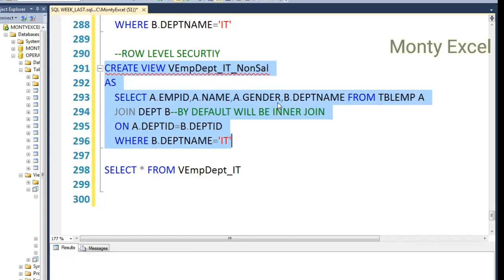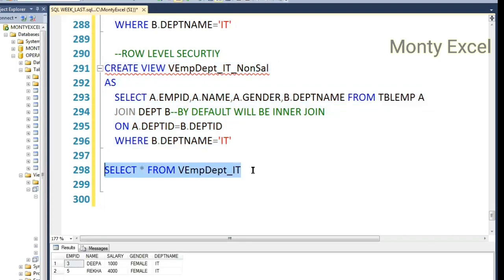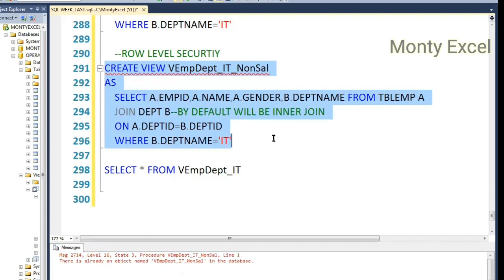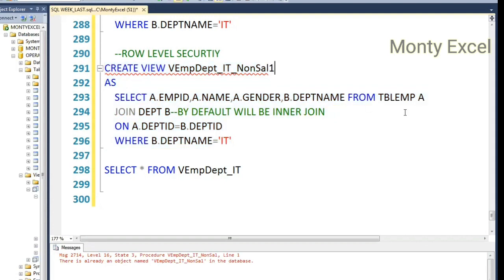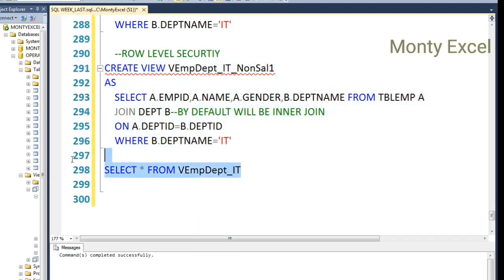Now the IT department is happy. They got the table without the salary column. That's how you're putting a restriction. Why? Is it created? Let's try to rerun again. Okay, it's already existing, the salary one. Now I said EMP ID, name, gender, department from table A and joining it. So let's try to run this. Successful. Why am I getting salary? Oh,